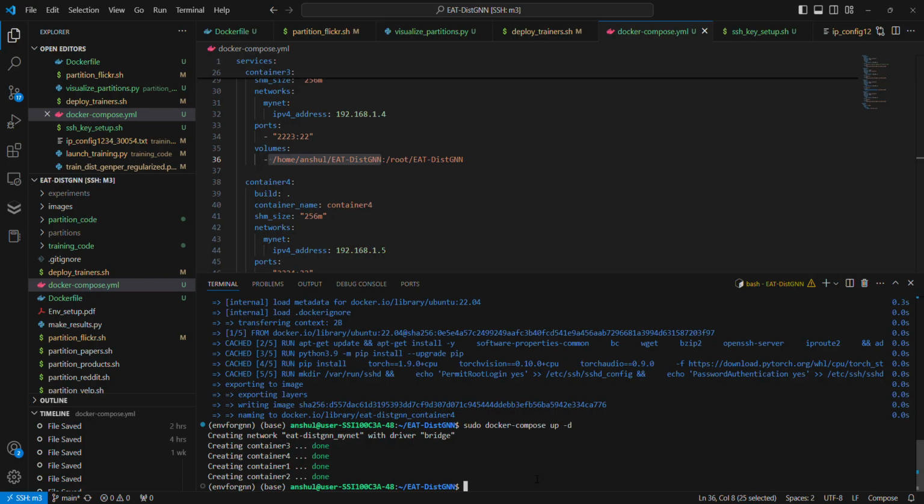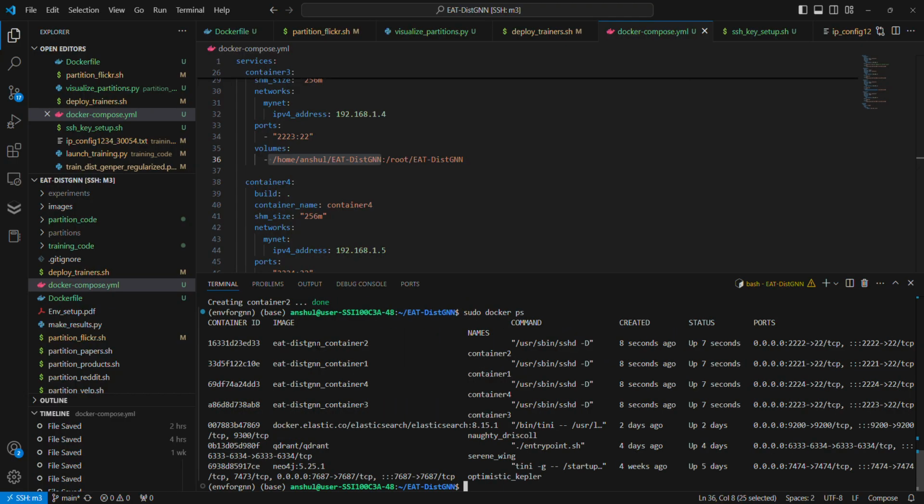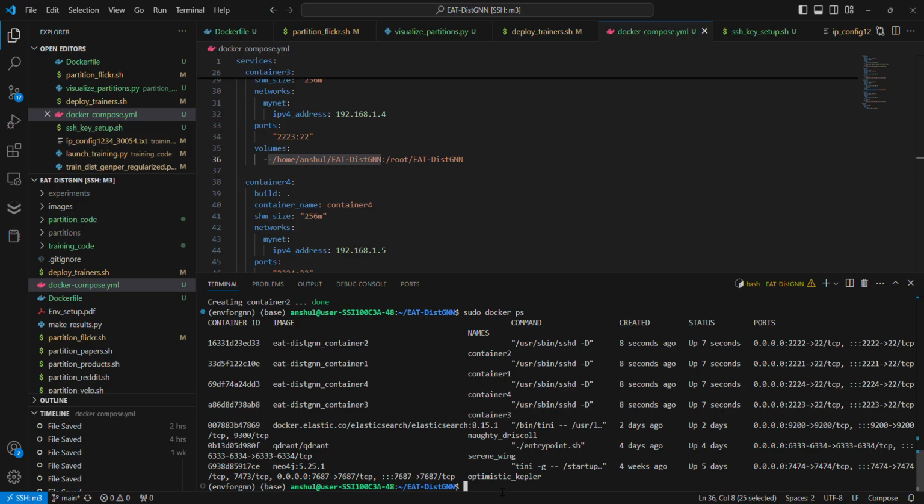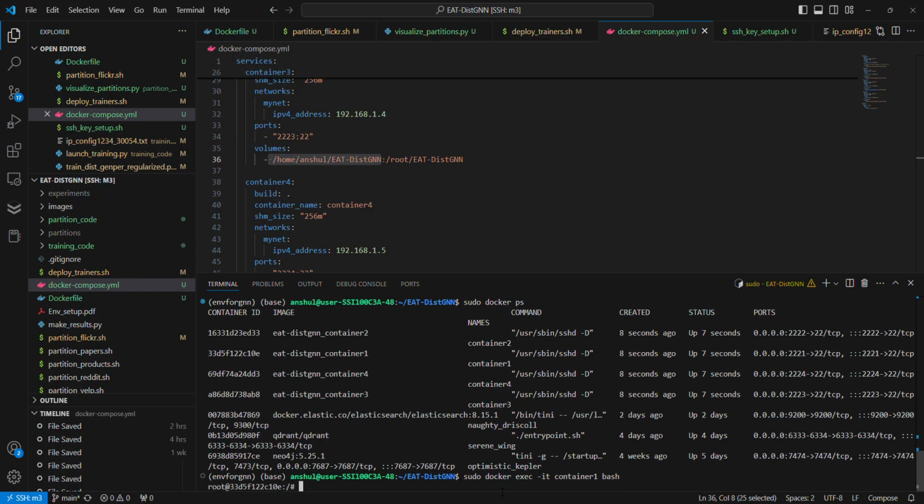So the 4 containers have been created, and just to verify, I'll run it. So these 4 containers have been created. So I'll SSH into one of them. For me, it's going to be container 1, and we'll do the further setup, which is enabling passwordless SSH